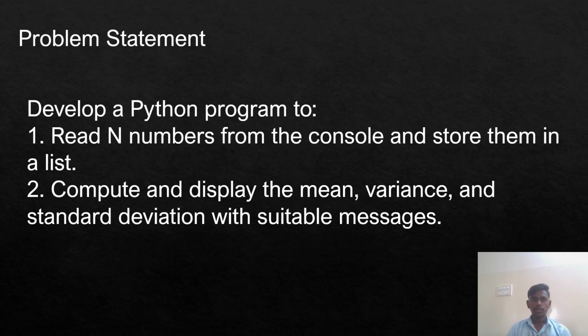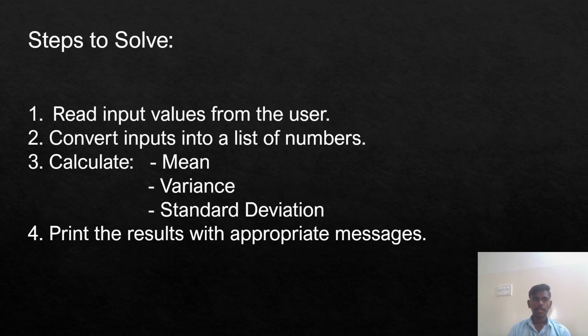Here, first we want to create a list containing some numbers, and then we want to display the mean, variance, and standard deviation. The steps to solve: the first step is reading the input values from the user, then convert the inputs into a list of numbers, then calculate mean, variance, and standard deviation using the suitable formulas, then print the results with